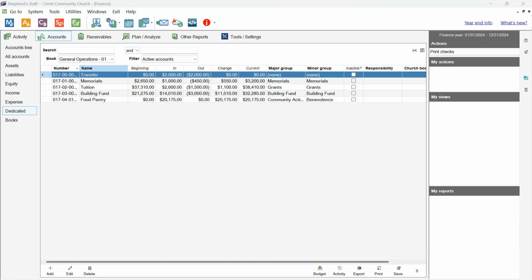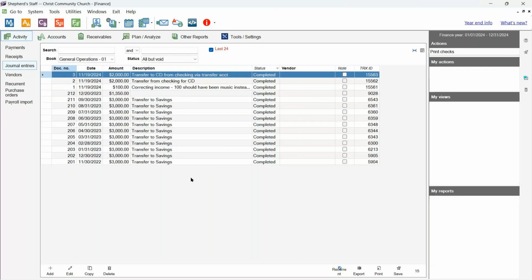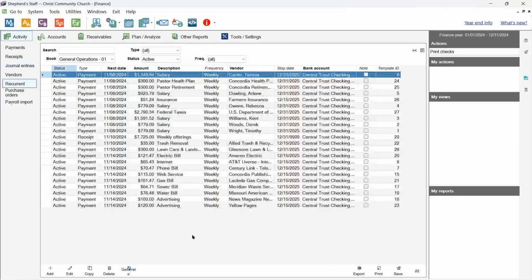Okay, so that's a journal entry. Let's talk about recurrent transactions. So we're going to go back to activity here. A recurring transaction is a transaction that, let's say, for example, that electric bill. We do have to pay it every month, so we might as well make it easy on ourselves, right? So you'll see here under activity, there's this option for recurrent, and I have a whole bunch of different bills and things that are created